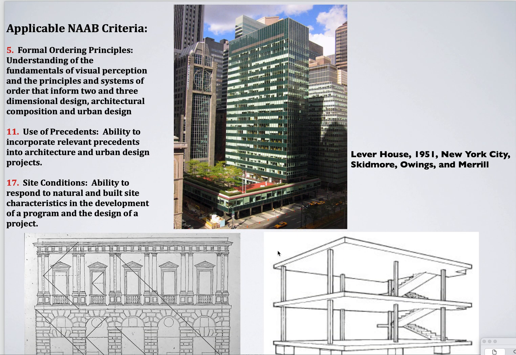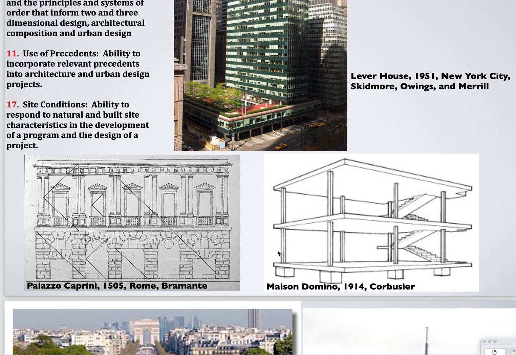Formal ordering principles, we'll understand those. The use of precedents, how are cities layered on top of other cities? Site conditions, is it a grid like New York City? Is it a sprawling map as in medieval Rome? We see aesthetic tendencies as like an art object,